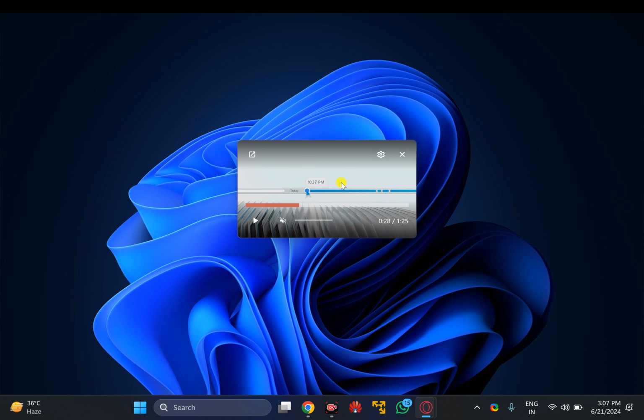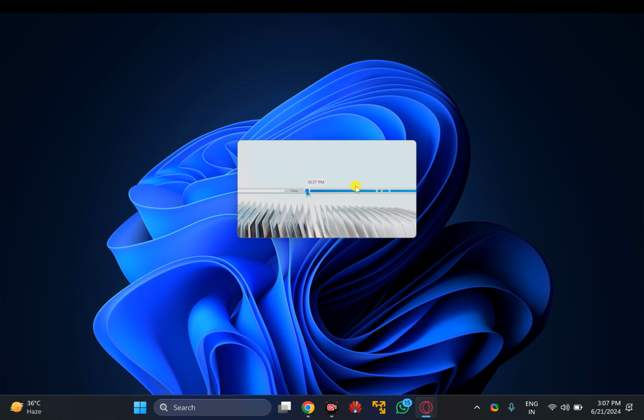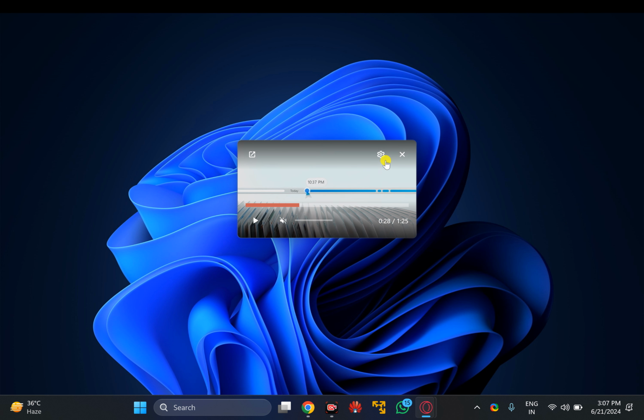And in case it does not automatically pop out video, then also you can enable this feature. For this, the first method is through this pop-up window. Just hover the mouse over the pop-up video and click on this settings gear icon. Here you will find the option automatically pop out video. Just toggle off to disable this automatic pop out video, and in case you want to enable it, toggle the switch that says automatically pop out video.